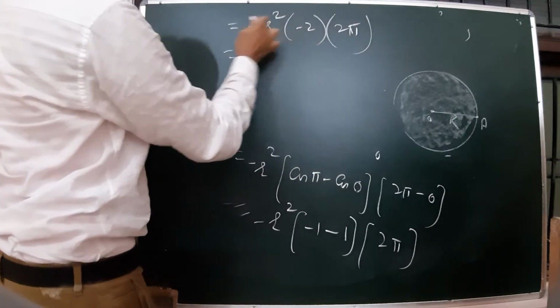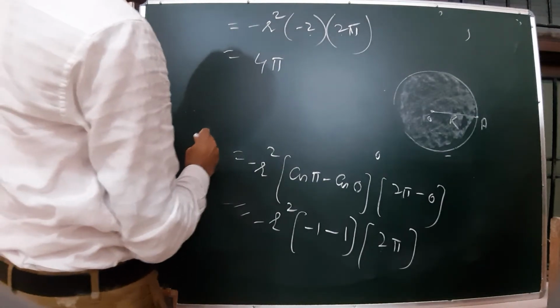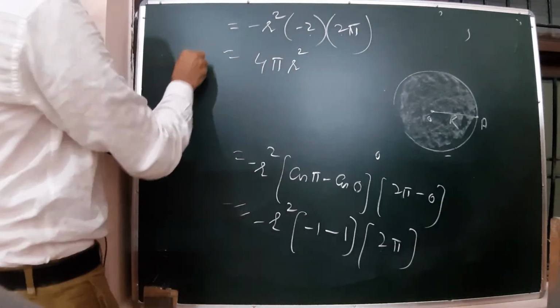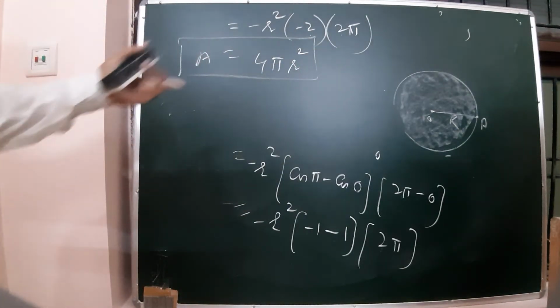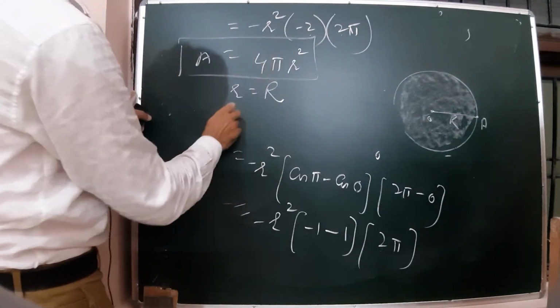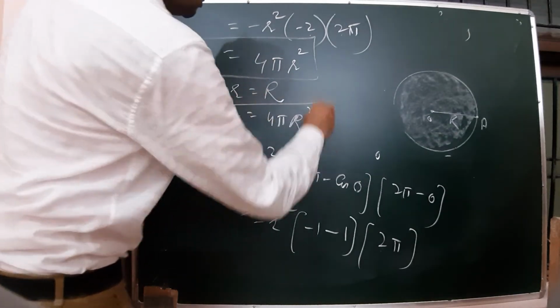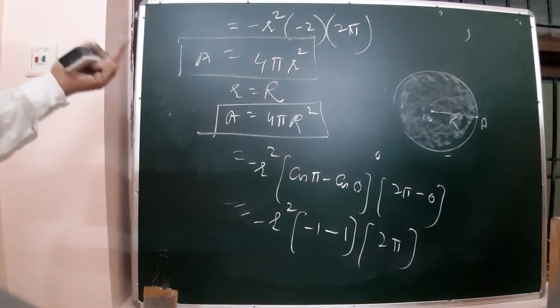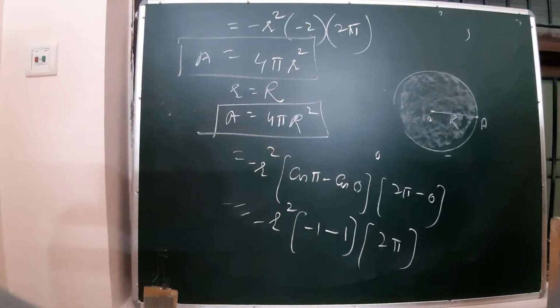So, minus 2 and minus plus, it is 2 into 2 is 4, it is 4 pi r square. So, this is area, 4 pi r square. I have written here R as capital R, so we may replace this 4 pi r square, because r is constant. Either it is written by small r or capital R, it does not matter. So, A is 4 pi r square. So, this is the area of a sphere, which is 4 pi r square.